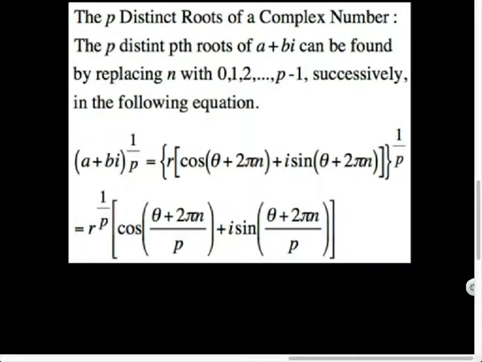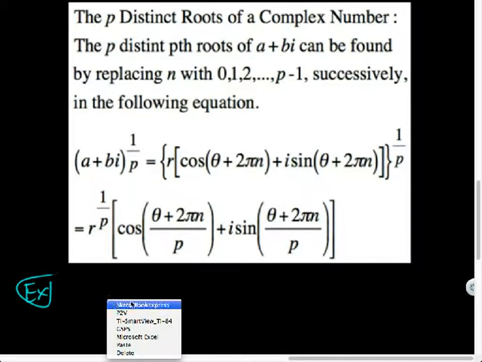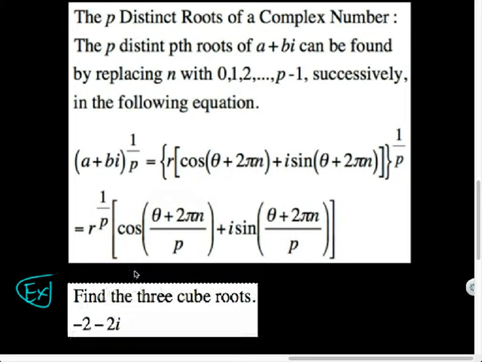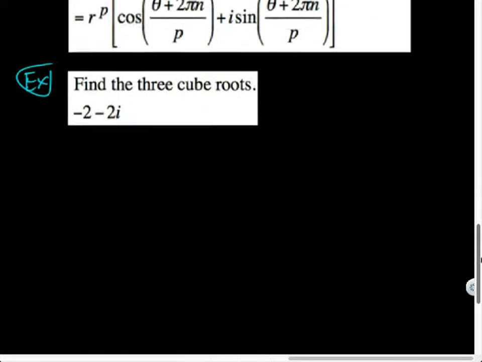Yeah, well, think about it. I have to do this equation 3 times just to get a cube root, right? Like if I have a 5th root, you'd have to do this 5 times. Just do a square root. So we have like 2 questions from